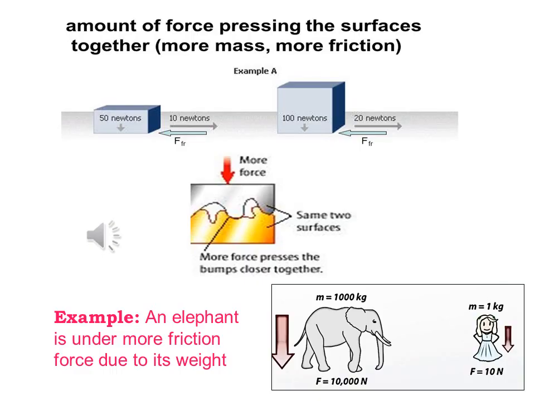See the example of an elephant and a girl. You know the elephant is huge compared to a girl. In that case, the weight of the elephant is more compared to the weight of the girl. So which one will offer more friction? You know, the friction will be more when the weight is more. So when you go and push the elephant, it is difficult to push it. When the same force is applied to the girl, she will be moved from one place to another. So the girl offers less friction compared to an elephant.